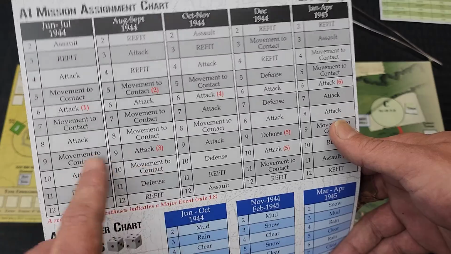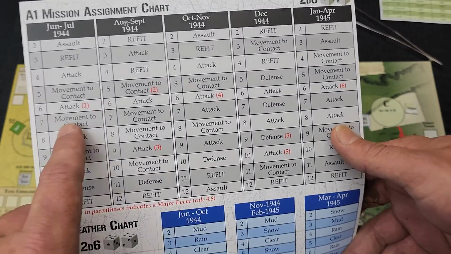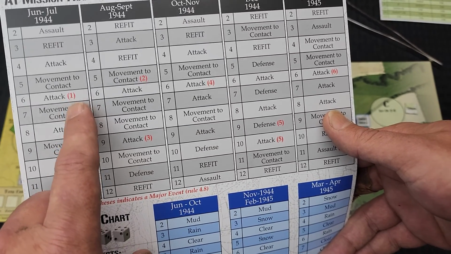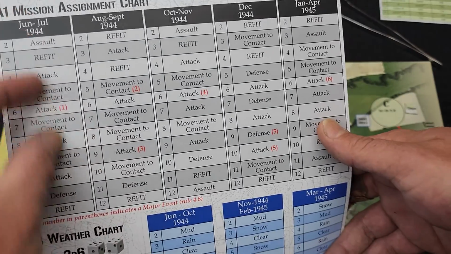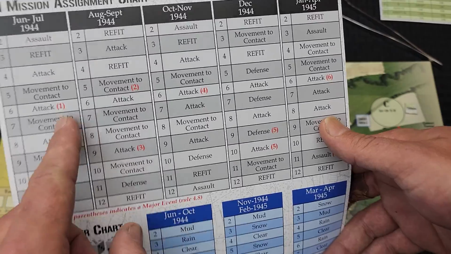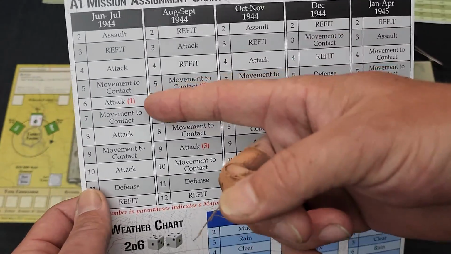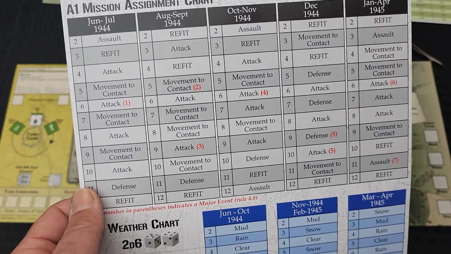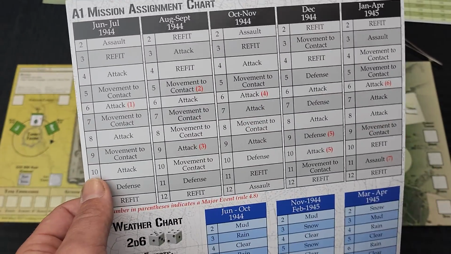But our special, I don't even think defend. Oh, nope, we got one defense down here as well. The special one for us is right here. You see, it shows the 1. So if we rolled this during this time frame, then that means we have St. Lo. If we've already done some missions and already done St. Lo, then you don't have to worry about that. You just ignore it and run a normal attack mission. If you haven't done St. Lo, then this counts as the St. Lo